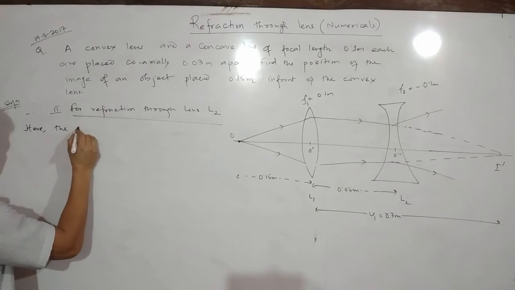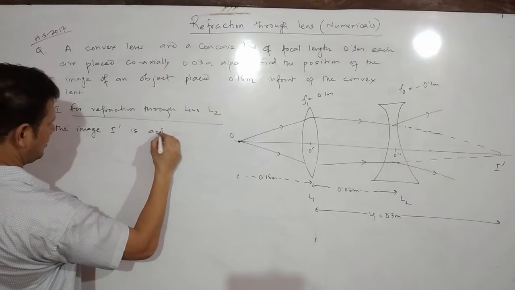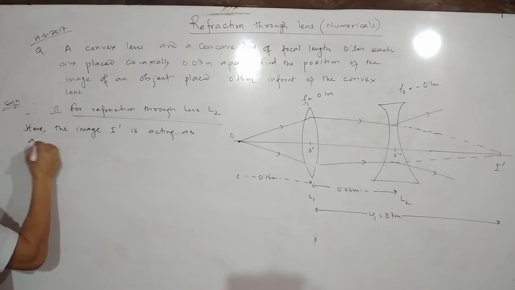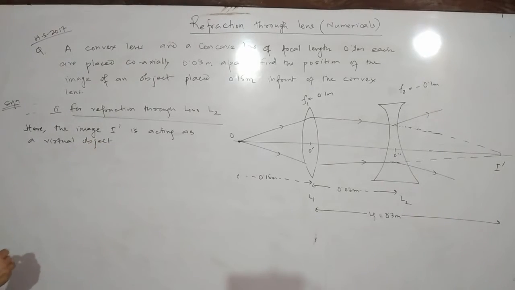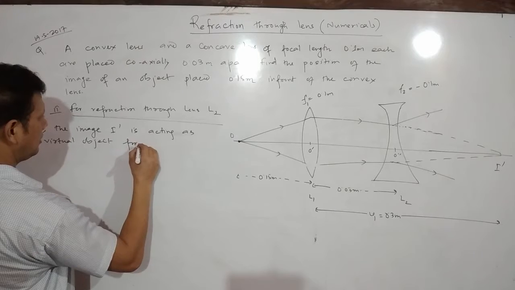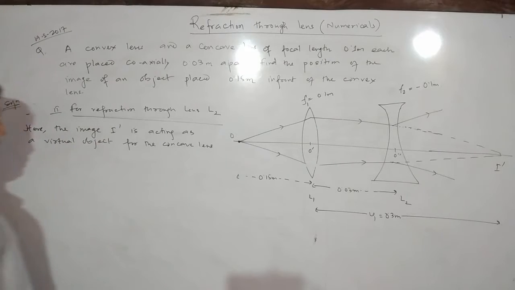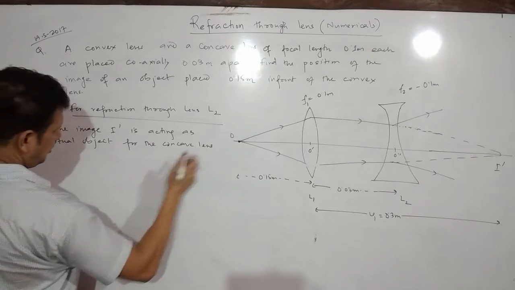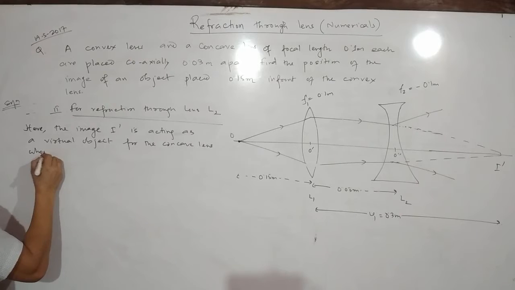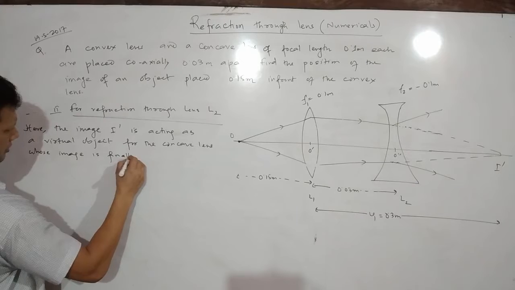Here the image is acting as a virtual object for the lens, for the concave lens, whose image is finally formed